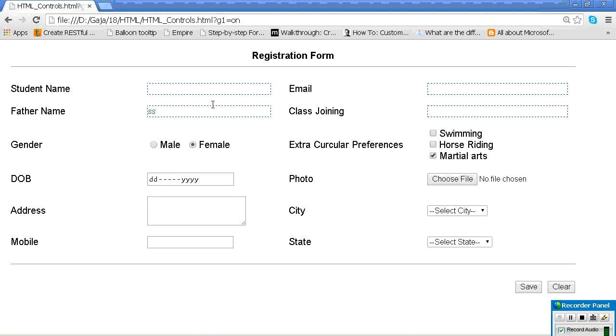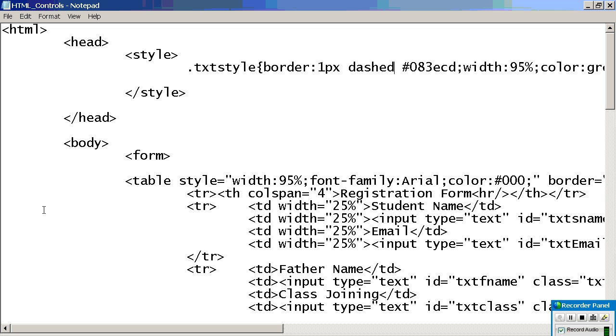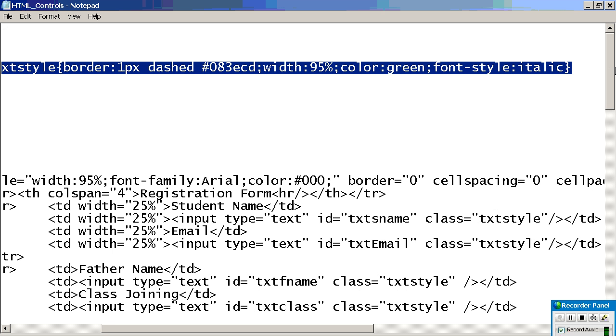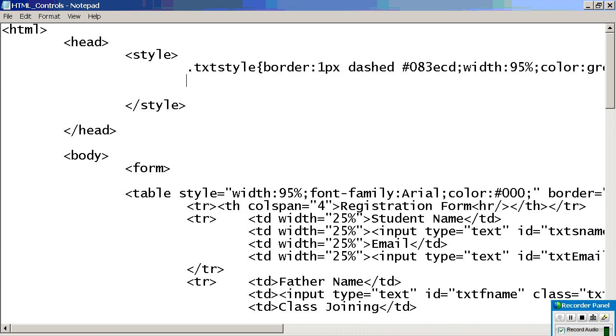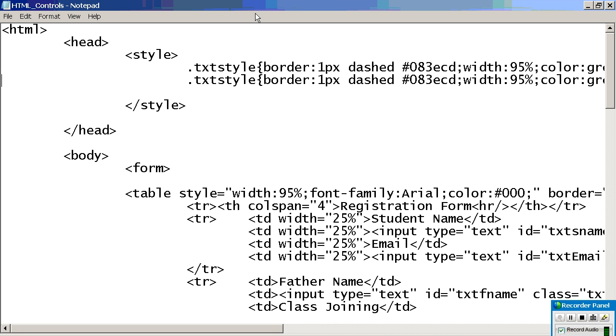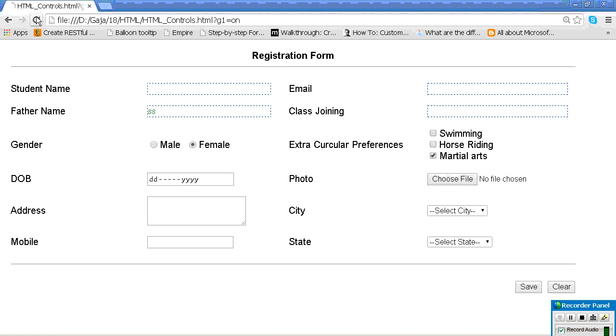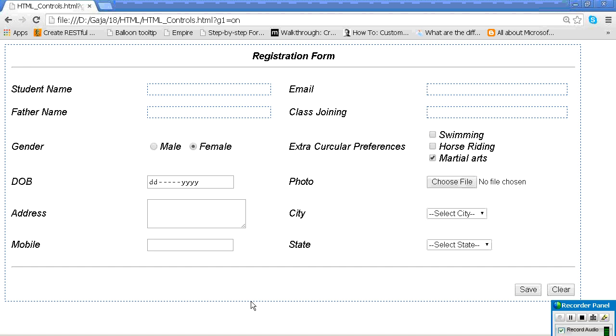Okay, now if I want to apply this to all text boxes, do I need to use the class? There is another kind of style. What is that now? Let me copy paste this one. Then we will go without the dot. If it is a predefined control, for example, the table control I gave, what happens?